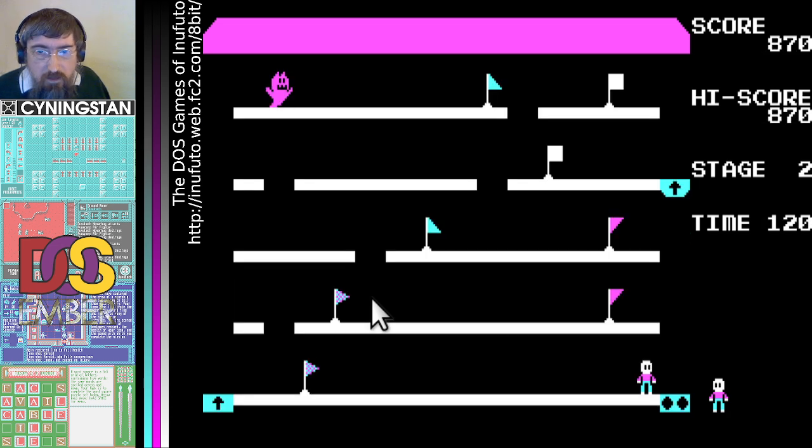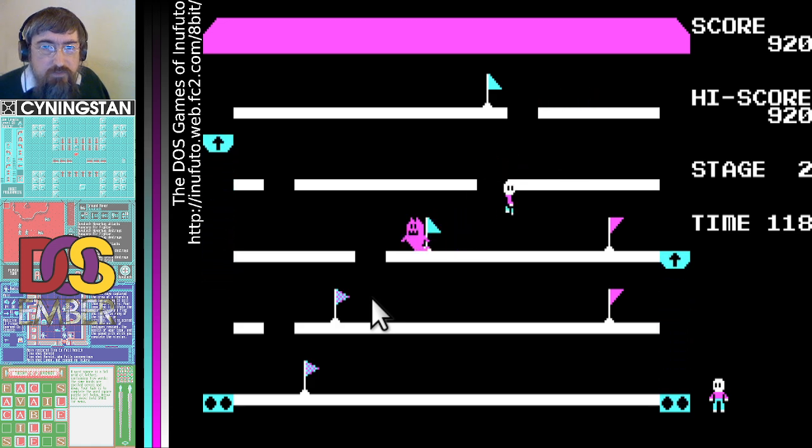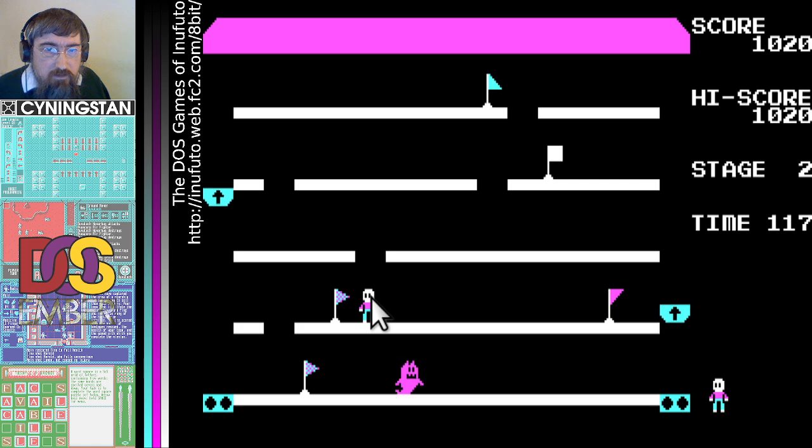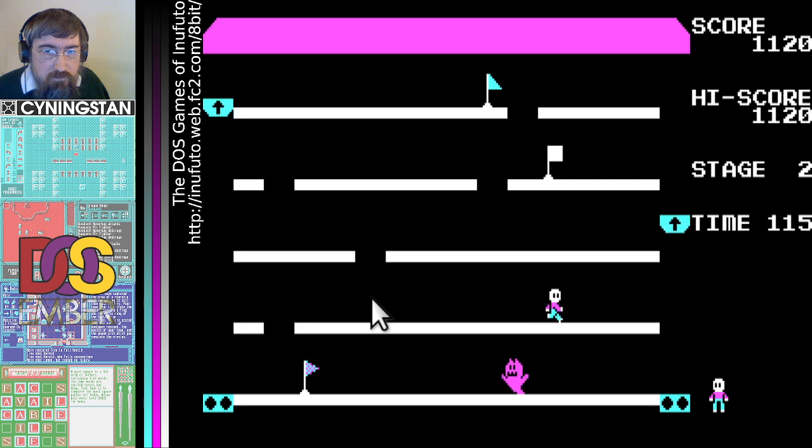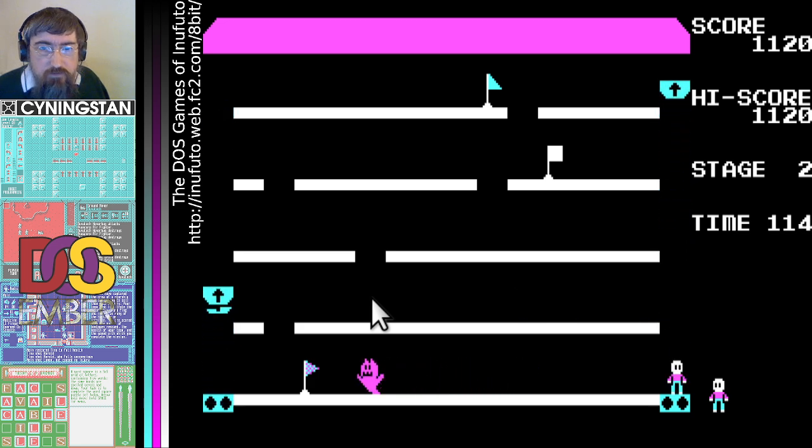I'd love to be able to write action games like this, but my own CGA library is pretty slow, and it's only really suitable for... No, I couldn't get that flag. I assume I get a bonus for collecting it while it's flashing. Right, I can't get that one over there while the ghost's there.